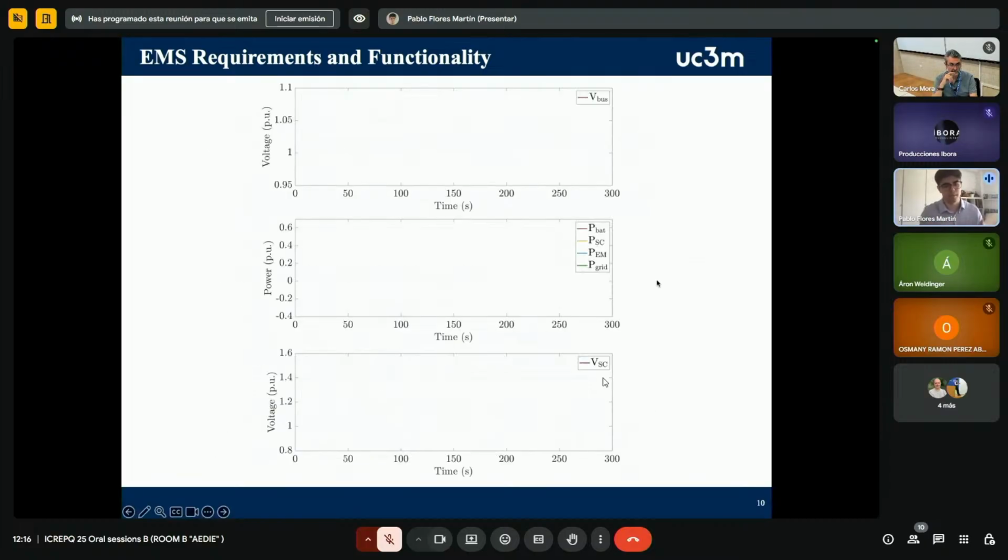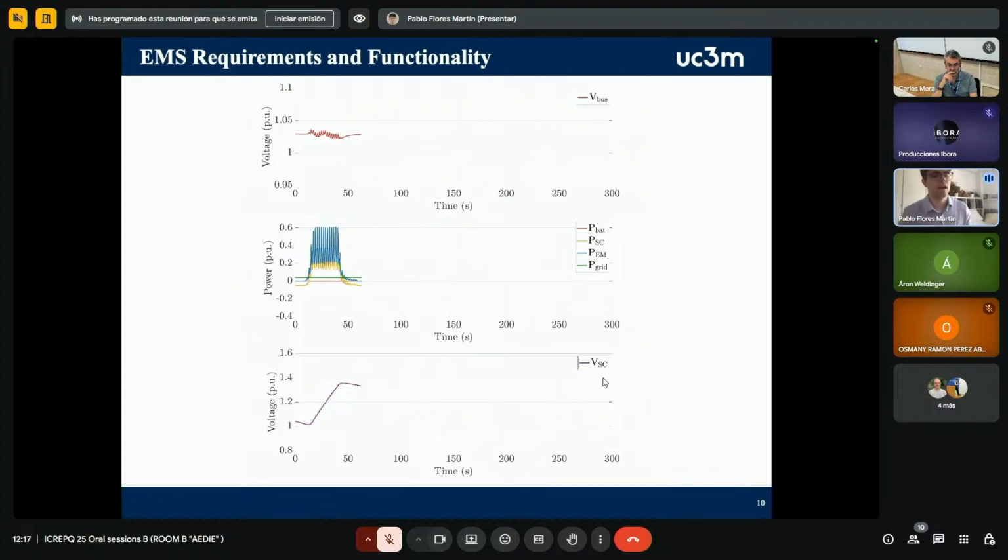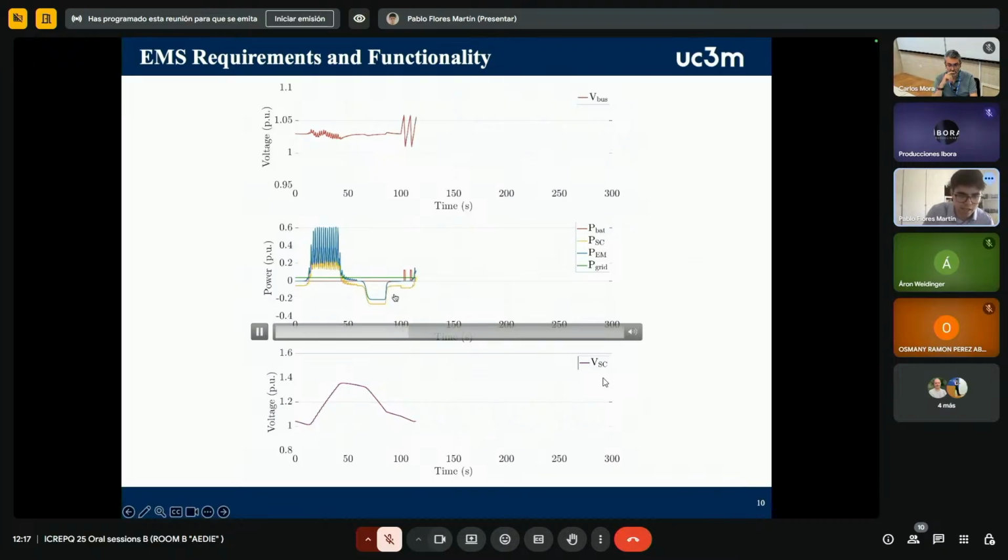These three graphs, same as before, show the boost voltage, the power flows, and the supercapacitor voltage in 3-hour cycles. The first cycle is a standard case, same as before. However, the supercapacitor ends the cycle at a high voltage. To correct this, an offset is applied to the supercapacitor's power reference during the second cycle, as it can clearly